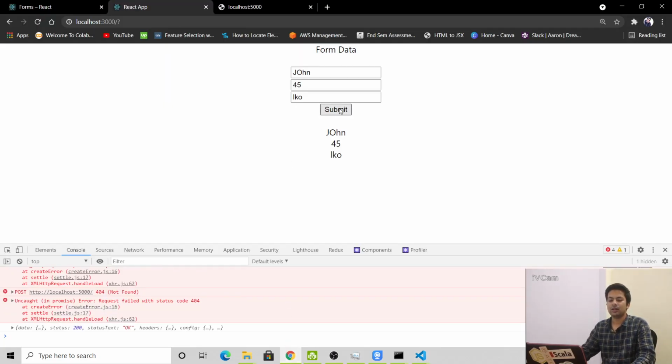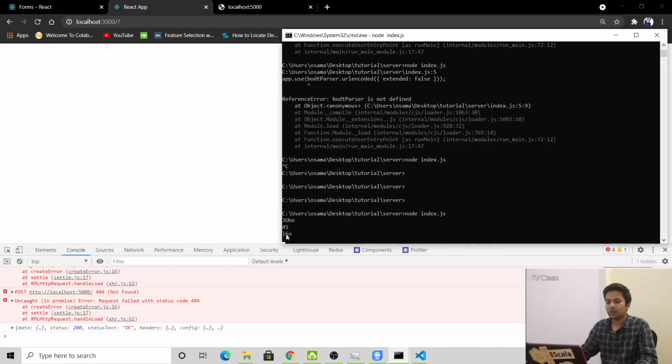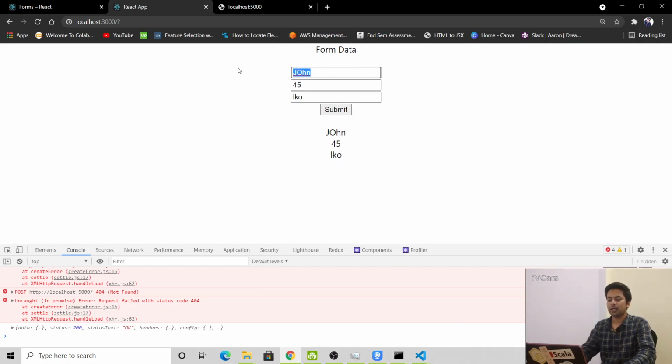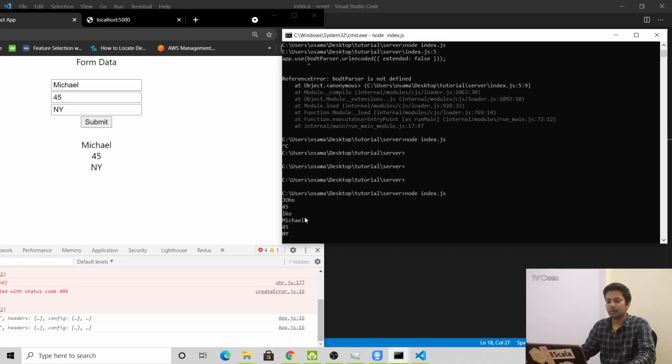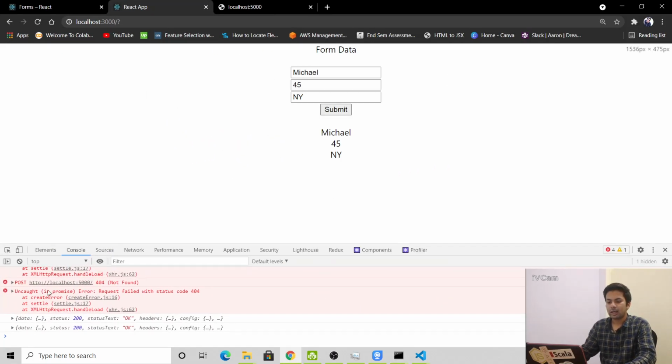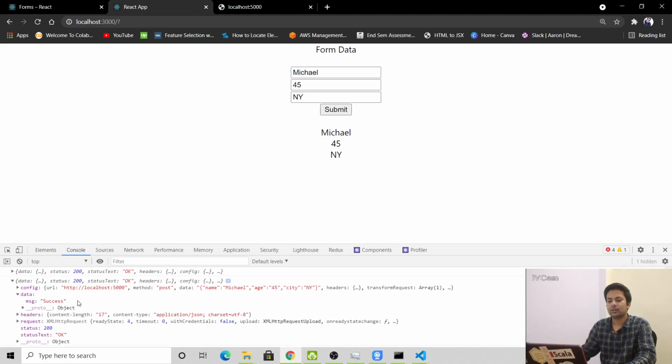See, now it's sending back. You can see John 45 LKO. Now if we print Michael 45 NY, you'll see Michael 45 NY, and in response we are getting data, status 200, data message equals success.